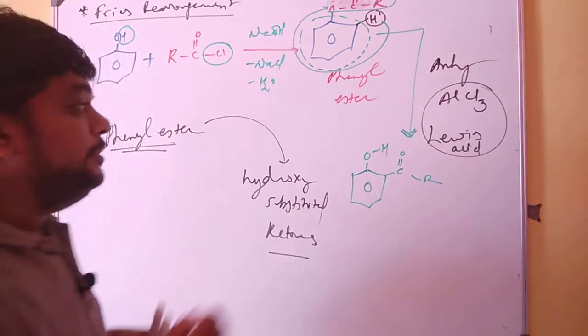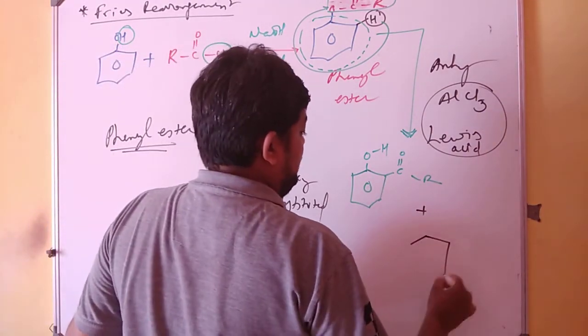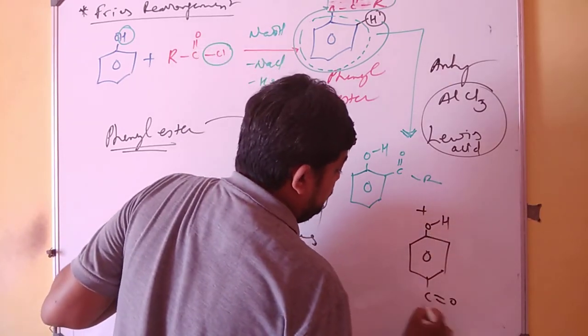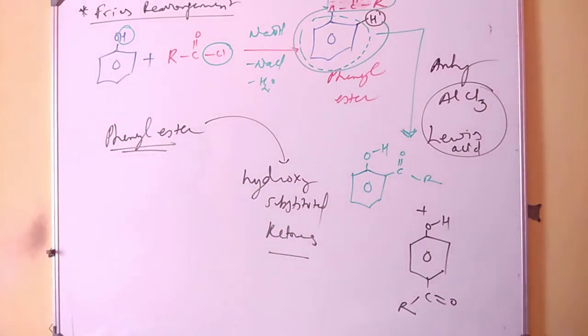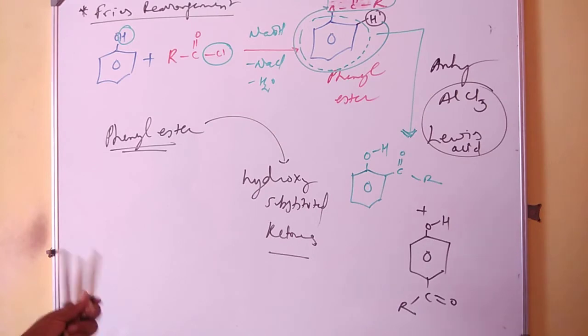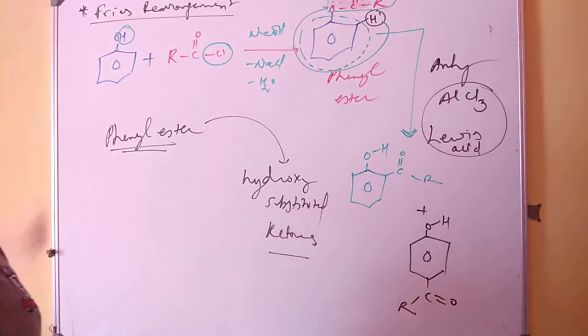Not only at the ortho position, but this particular Fries rearrangement also takes place at the para position. So you will always have two products, and whenever you get these two products, it is very clearly mentioned that you are getting again a hydroxy substituted ketone. So this is, friends, Fries rearrangement. In this particular Fries rearrangement, you can take n number of other reactions that are required. So these are the two products.